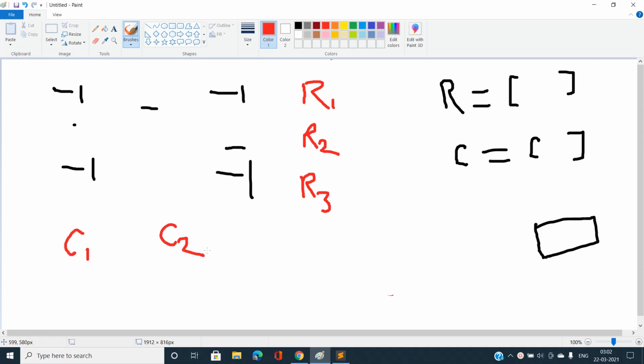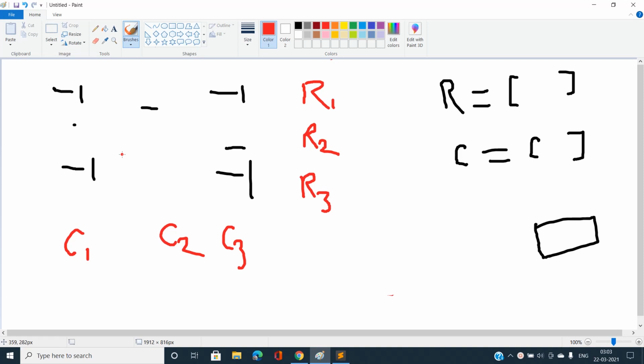Now you can see there are four minus 1s. We can build a graph from every minus 1 cell to any other minus 1 cell, and easily find the minimum cost. But this takes n square time, and for sorting the edges to apply spanning tree algorithms like Kruskal or Prim's, it takes around n square log of n square time, which might exceed the time limit and give us a TLE verdict. So we need to find an efficient solution.